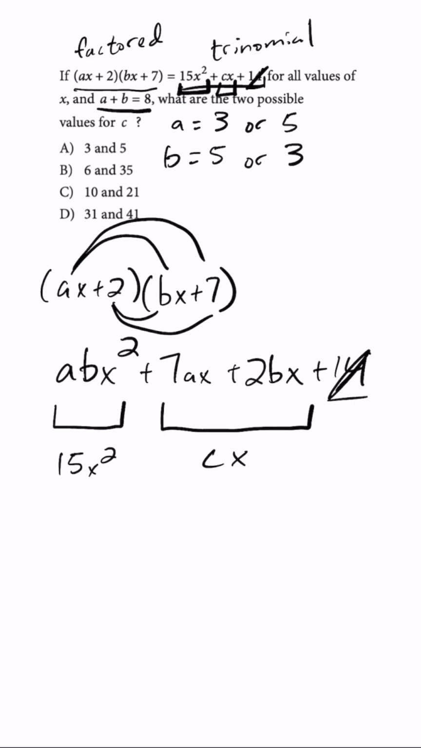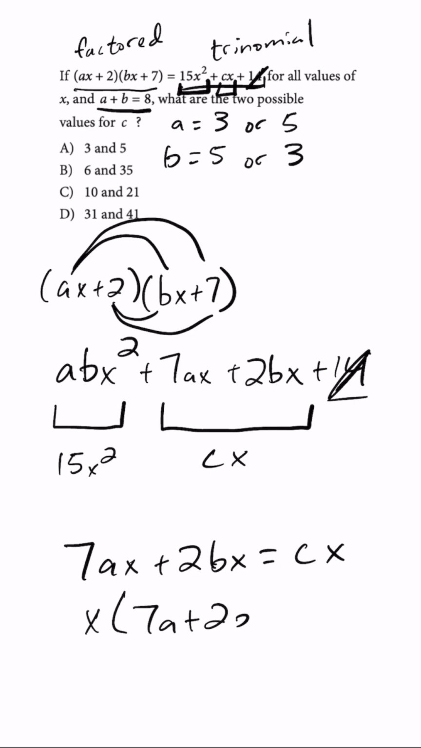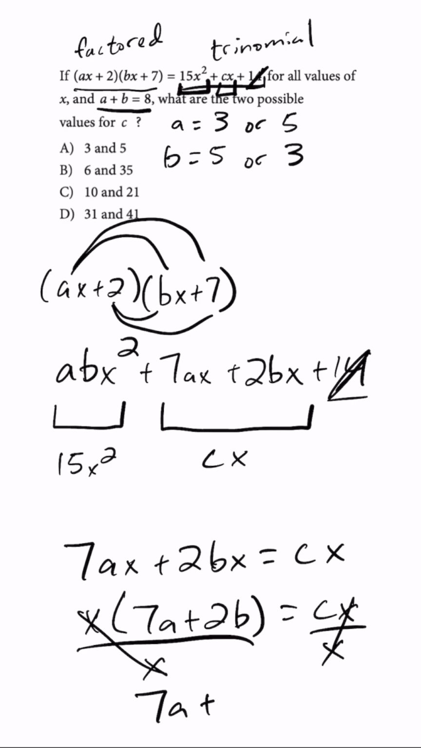Next, we're going to deal with the middle part of our trinomial. So we're going to say 7ax + 2bx is equal to cx. And so I see on my left side, I can factor out an x from both terms. So I'm going to make this x times (7a + 2b) is equal to cx. And so once again, we can divide by the same term on both sides. In this case, it's x, and they're going to cancel out and leave us with 7a + 2b is equal